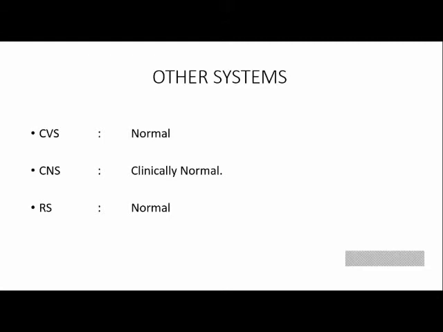Anybody else can also answer, not a problem. For example, the left flank might have been full, the umbilicus could have been transversely stretched, and you could have got it everted, or it can even be transversely stretched. That apart, you can even find a dullness in the left flank if there is ascites.